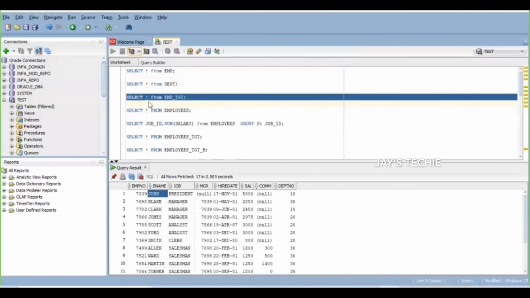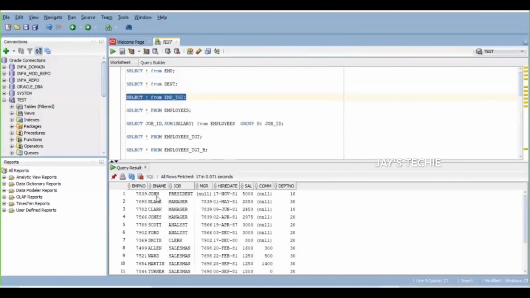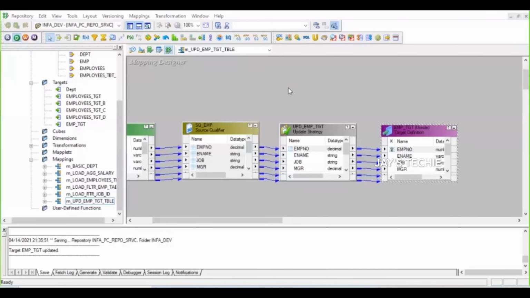If you want to update only a specific record instead of all the 17 records, then we can use the where clause. How do we use the where clause? You can go to the expression transformation and filter over there, or use a filter transformation and pass only the specific record to update the specific employee number. Previously it was rejecting the records because there was no primary key or logical key on the table. Now I have created the logical key, and I have shown you how to create a logical key.